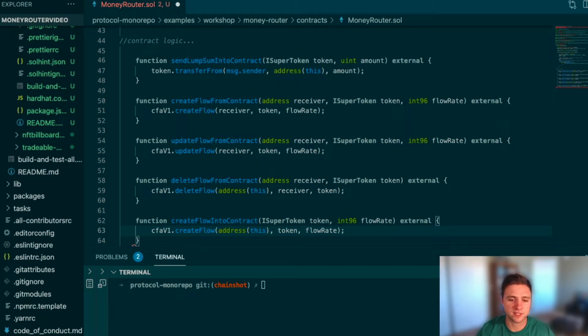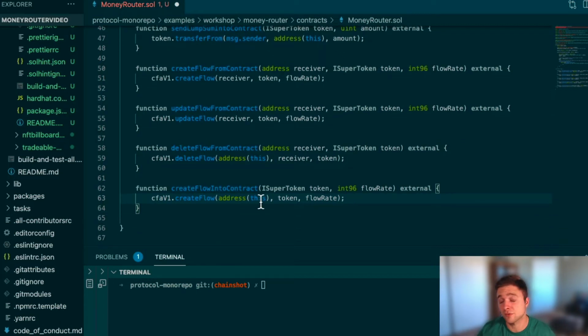So if I run this, what do we think is going to happen? Well, it's going to fail, right? And it's going to fail with a specific message: that you can't create a flow to yourself, effectively. What this line of code is doing is trying to create a flow to the contract itself, which isn't going to work. Because the message.sender on the overall function call is different from the message.sender on this call. The message.sender on this call is actually the contract. That's how Solidity works, right? If you were to call a function like this here, the message.sender is the contract itself,